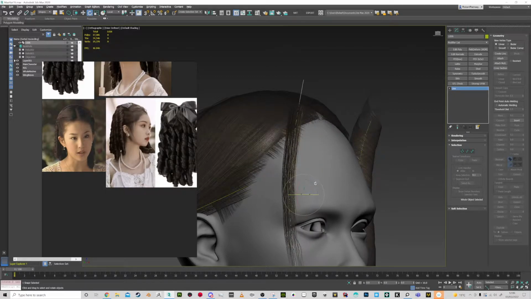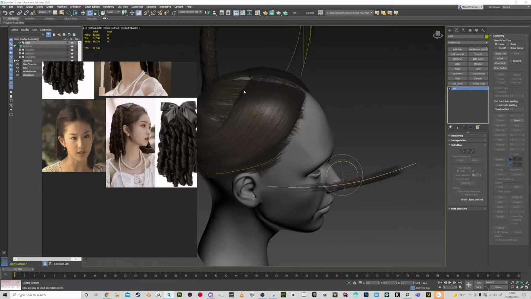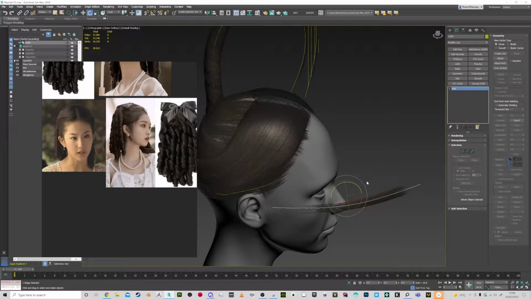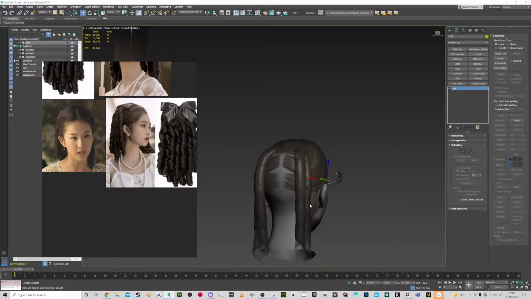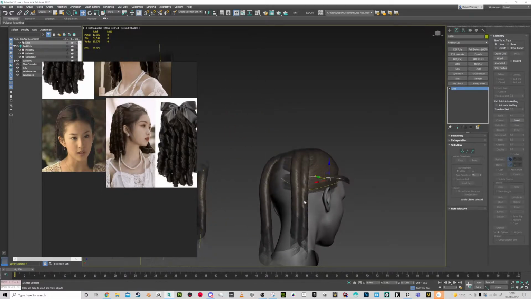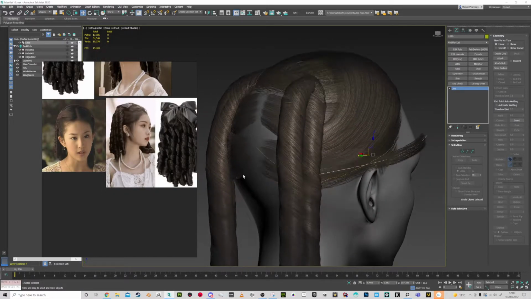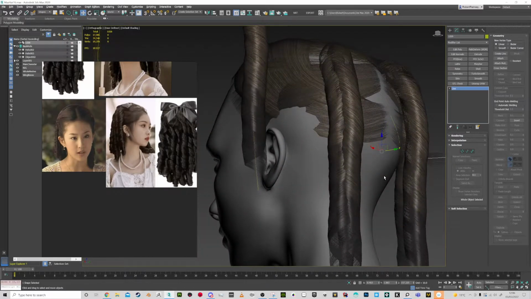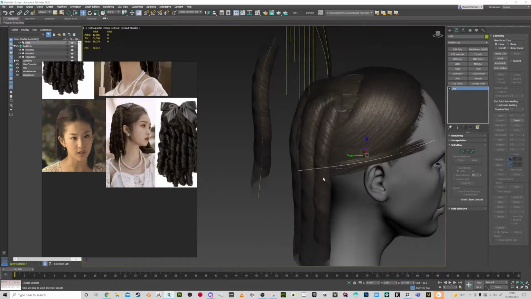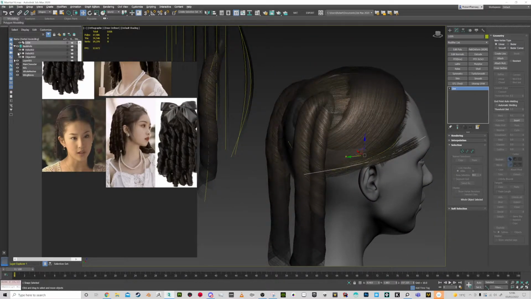I'm slowly building up the hair. You can see I've used a big card here, which is a repeating texture, and it just does a good bit of coverage. I also use that for the bangs, these kind of curling bangs at the back rolls. So I've kind of started on those. They're not perfect yet. I might have to play with some of the geometry just to get these lines to sort of happen. So yeah, I'm going to revisit those, but they're just in place as a first example, so I'll just hide